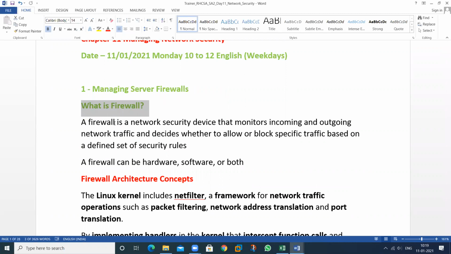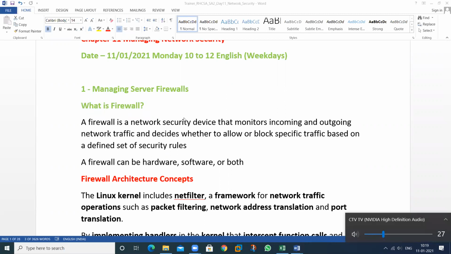Gitu. Yes, sir. Last time we discussed the firewall also. Yes, sir. So tell me about this. Sir, basically, you told us that it monitors what traffic is going and what traffic is coming, and what traffic is going outside, and it decides whether we have to allow it to access our system or not, using a certain set of security rules.